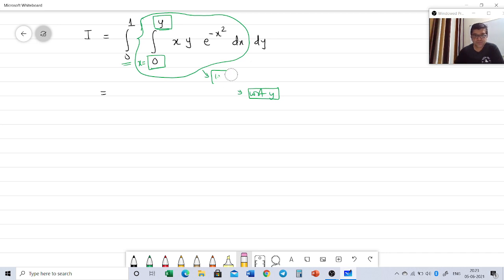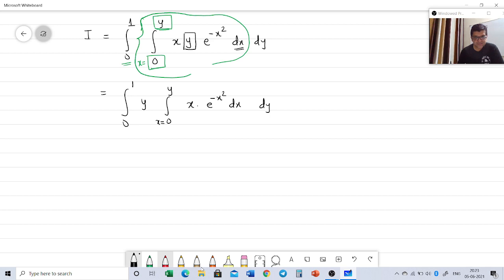So let's first now try to integrate with respect to x. Alright, for that outer limits are as it is. And when I'm integrating with respect to x, please understand this y term will be constant. So I can keep it outside. So it will be simply x is equal to 0 to y. It will be x into e raised to minus x square dx dy, right? My intention is to evaluate